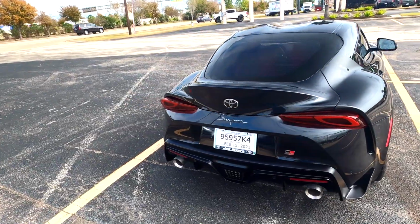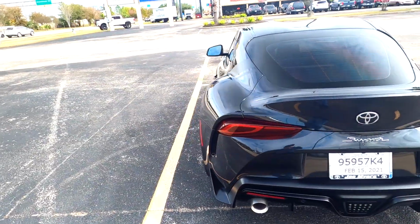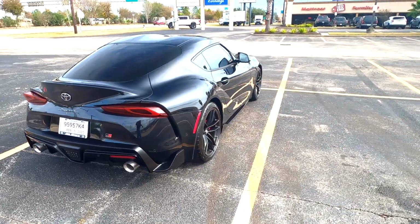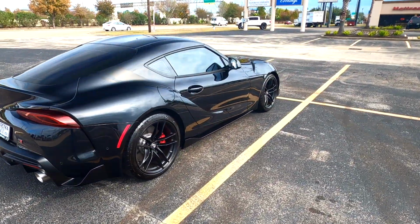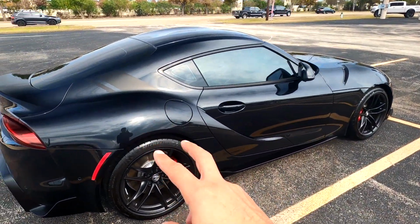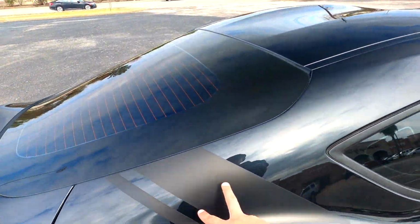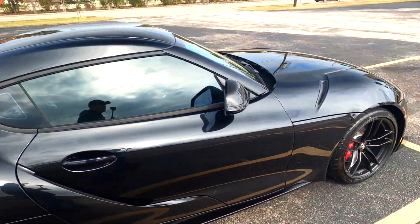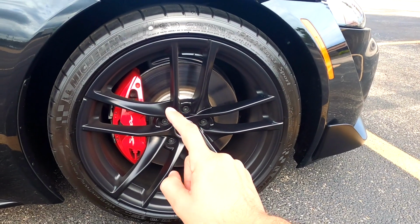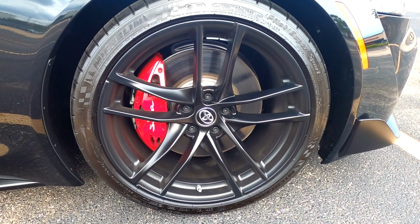But you can see it is the 2021 Toyota Supra, the A91 is the special edition. So the wheels are black, you can see it has this stripe. Has the Brembo brakes on the front. Wow, wow, man,